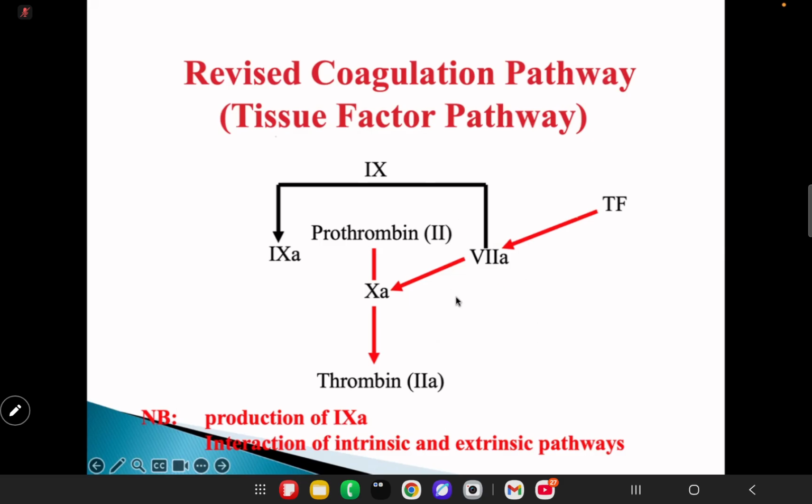Factor 7 is important again, it can augment the intrinsic pathway in this direction. That can increase factor 9, Christmas disease factor, and augment this pathway as well. Understand? That's why factor 7, which is expensive now, can be used